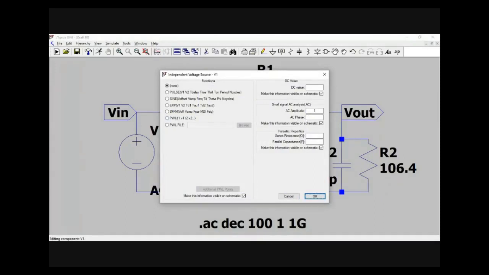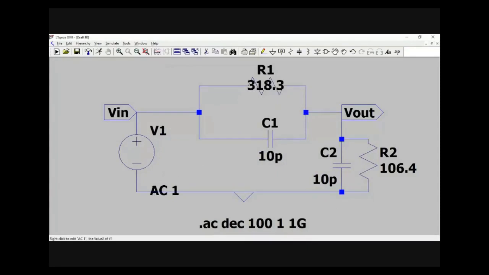What do you mean by AC analysis? Plotting output by input across frequency, right? Or plotting gain versus frequency is basically done with the help of AC analysis. So what I have done is I just kept this as none, and on small signal AC analysis, I just gave the AC amplitude as 1. That is the only setting I have done. That is why you can see that AC amplitude is set as 1 here.